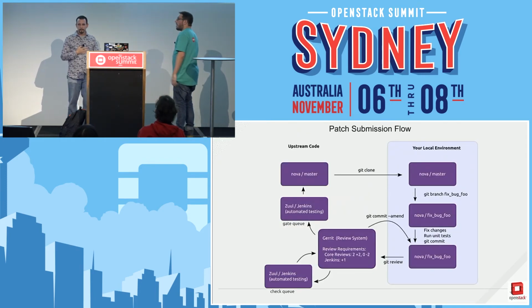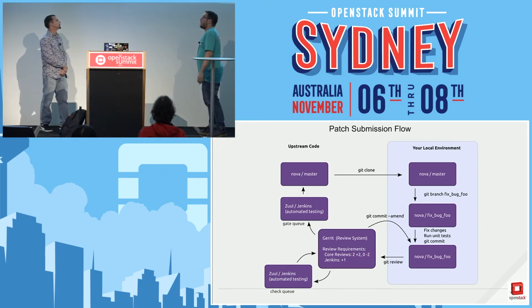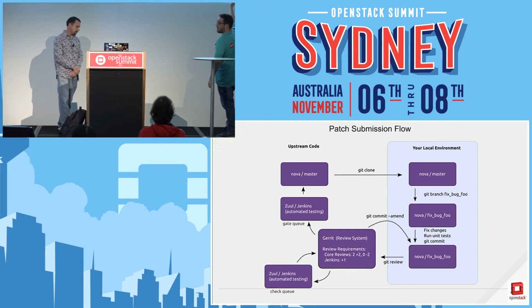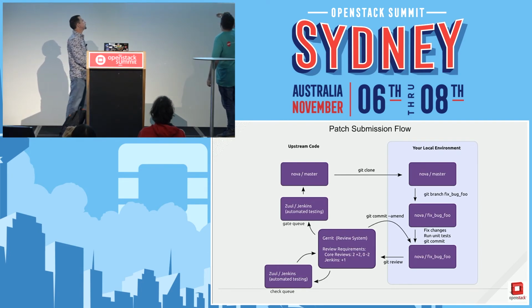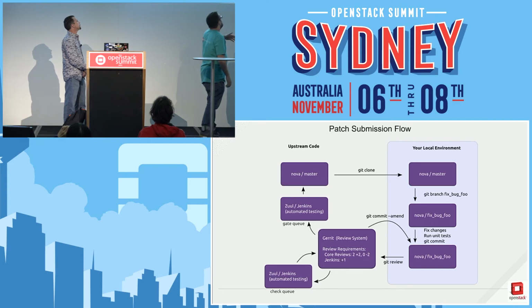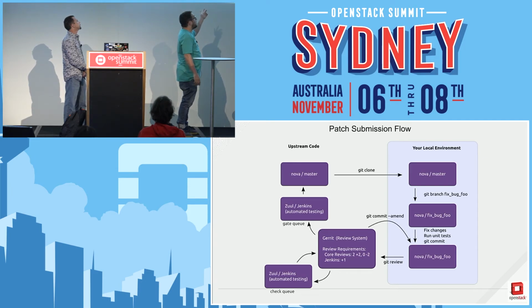I just wanted to quickly, before we run out of time, point out, this comes straight from the OpenStack developer guide, but I wanted you to be aware of the life cycle of a commit. So first, let's say I'm a Nova developer, I just clone my upstream code to my local environment. I go and create my topic branch, then I do my code, do my things, then I go for a Git review. Well, this is outdated, it shouldn't be Jenkins anymore, there's now only Zuul. But Zuul would vote on my